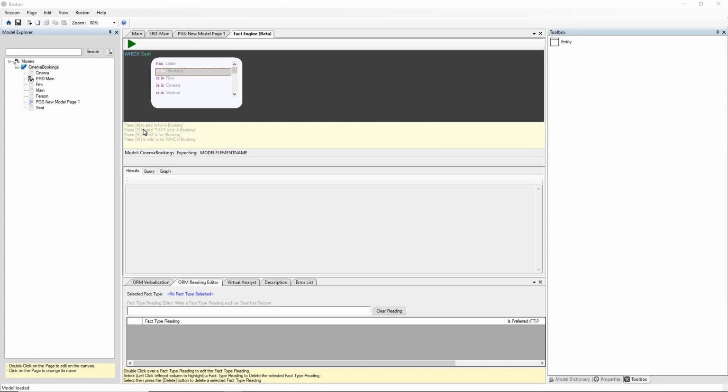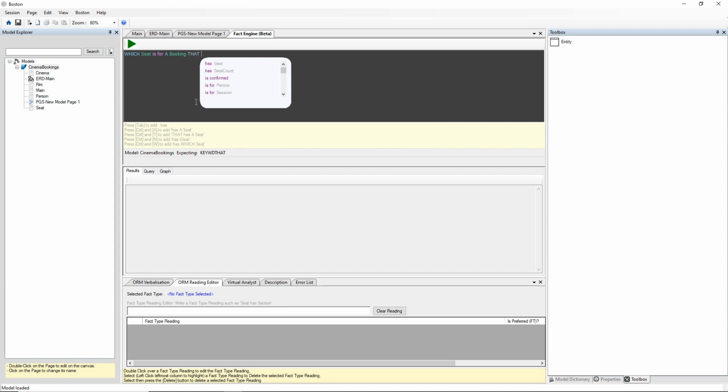So press A to add is for a booking, which is what we want. T to say that is for a booking. N for is a booking with the open brackets if we want to define a particular booking, and W for which booking is for which booking. So we're just going to hit A. So which seat is for a booking, and we're going to say that,